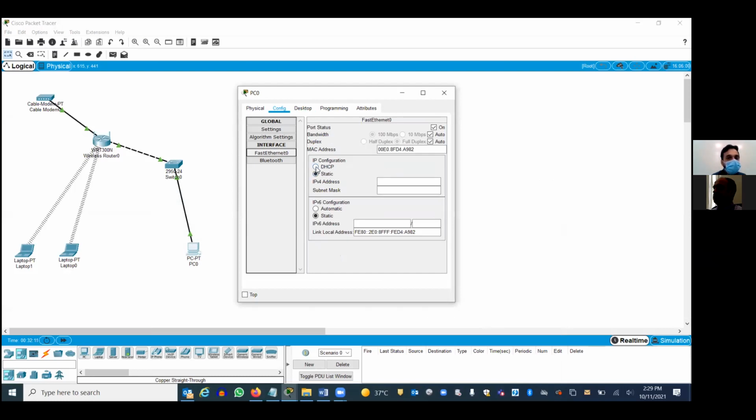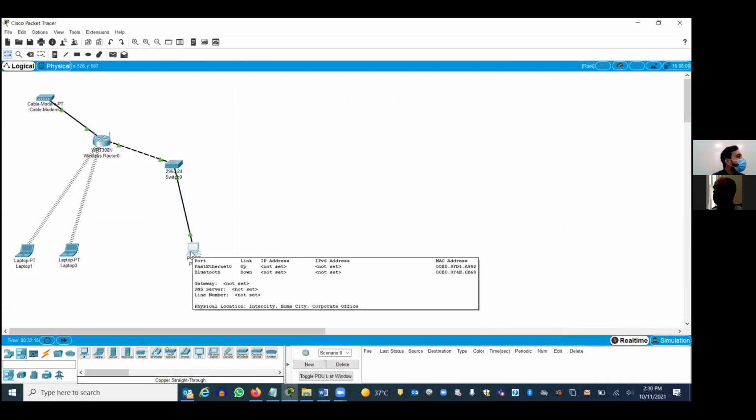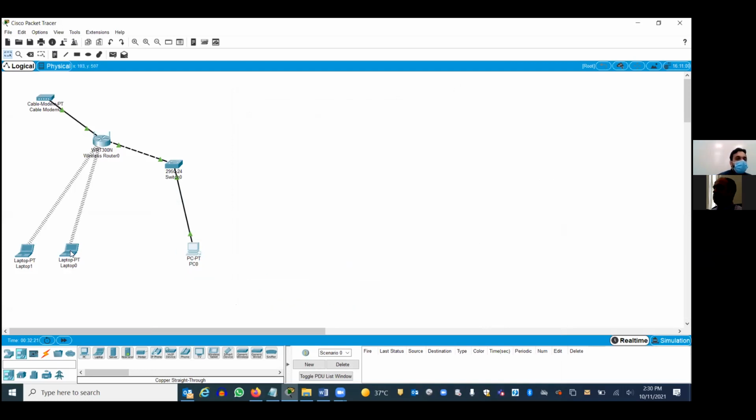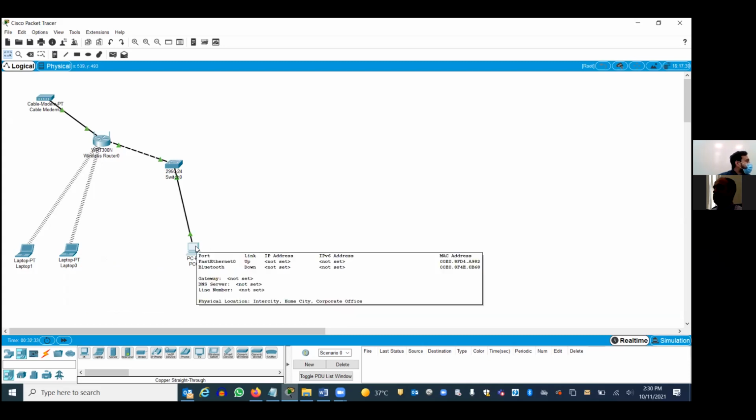So you have to make it DHCP, right? Is it communicating now? It does not communicate, right? Just place your mouse over this. Is there any IP address? Not set, right? Just go to the laptop. Is there any IP address set? Because wireless is getting an IP address automatically, right? So there is an IP address. But the PC is not getting one. So what do you have to do? Yeah, go to the PC.